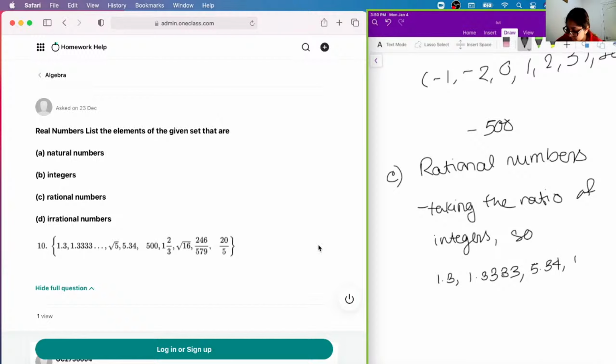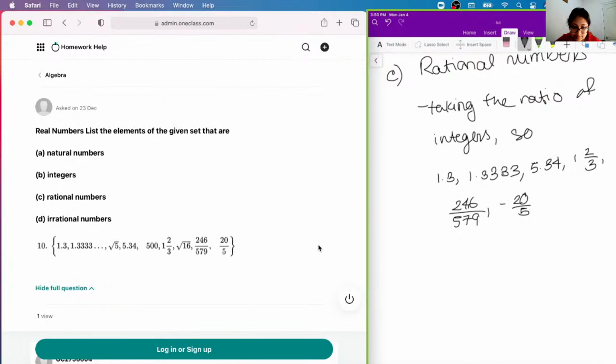It would be 1 over 2/3, 1 times, or 1 and 2/3. It would also be 246 over 579, and it would also be negative, so this is a negative 20 over 5. It could also be that. And so